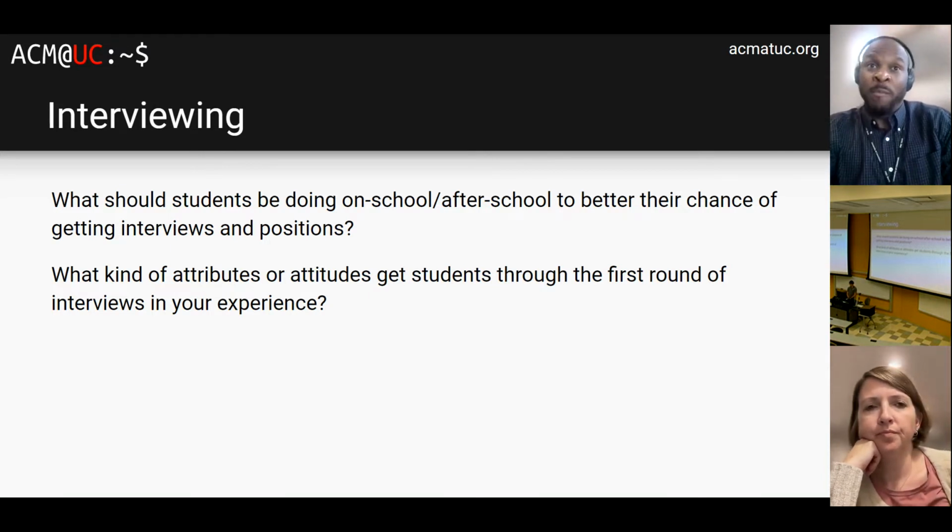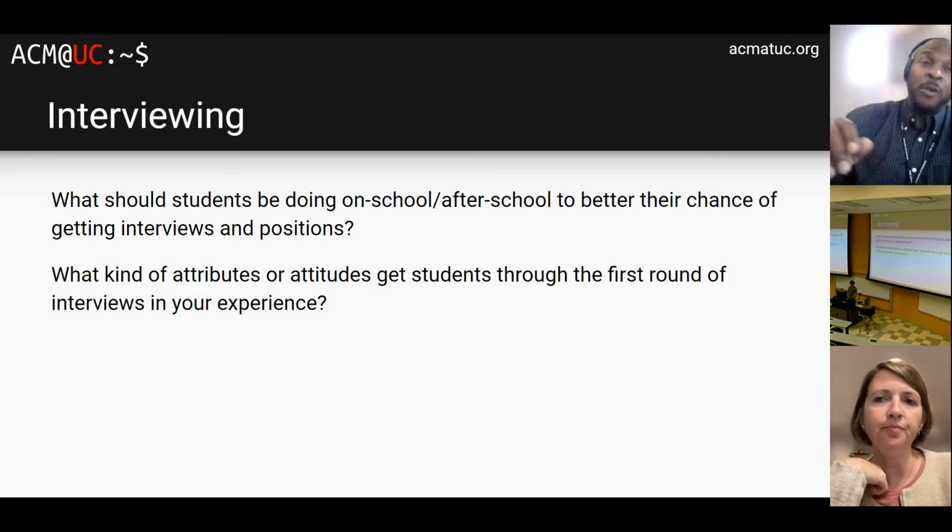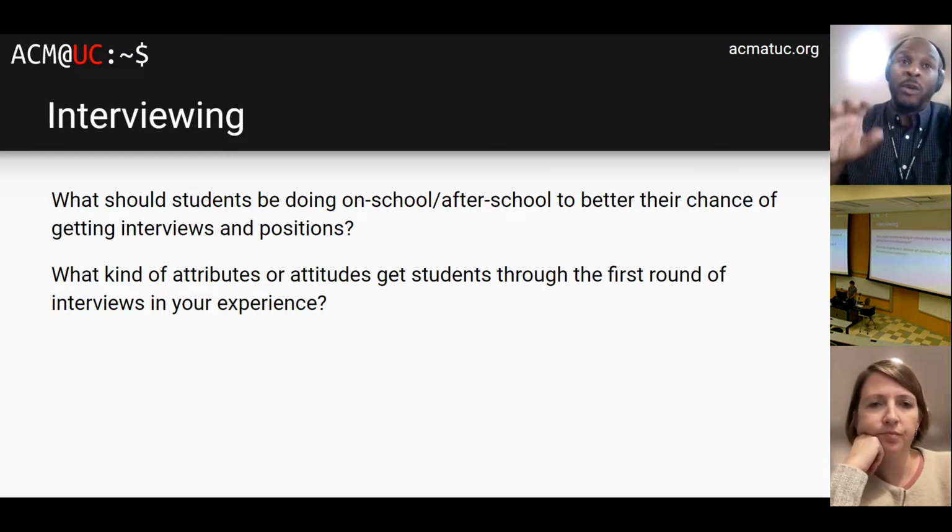So I'm a big proponent of having student activism as part of your experience as well. And if you don't have that, having something external to your university experience that still allows you to practice relevant skills and competencies. That's going to be critical in giving you talking points in an interview.